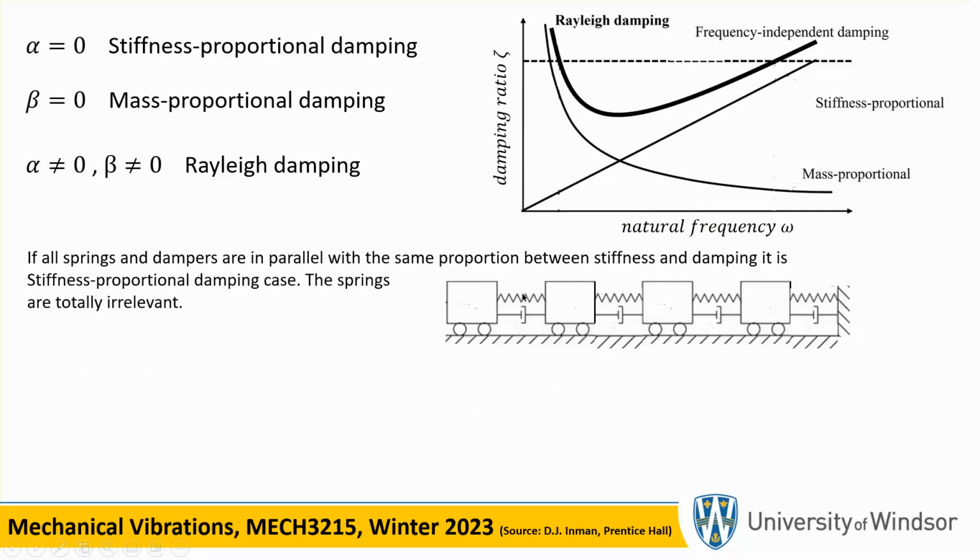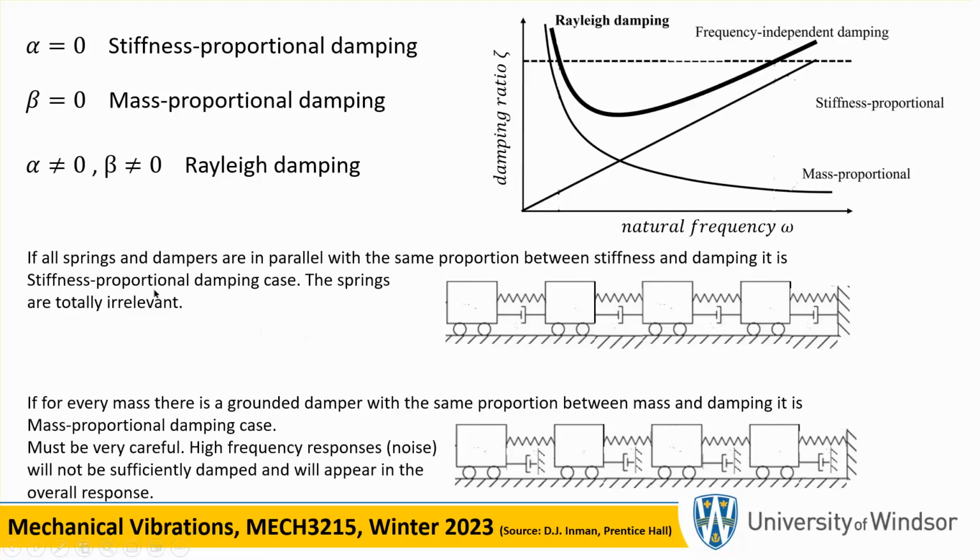If we have a situation where parallel to every spring there is a damper, and the ratio of this damping to that stiffness, this over that, this over that, are all the same, then we have the case of basically a Rayleigh damping, but let me see, this case is when